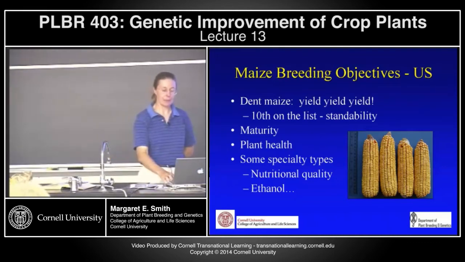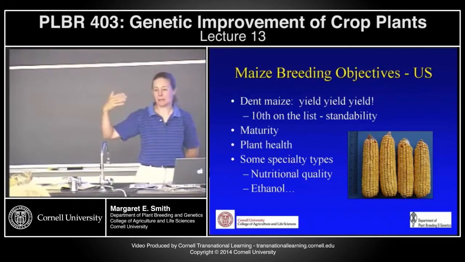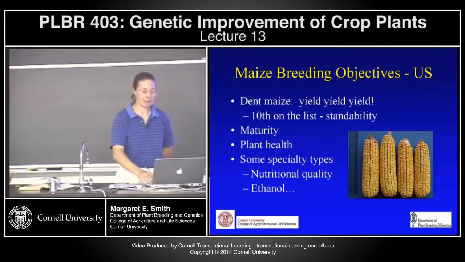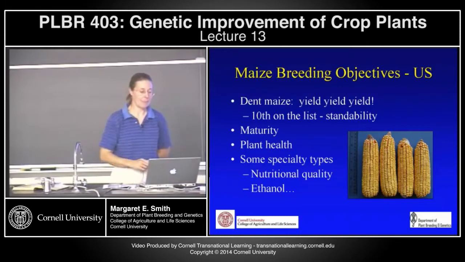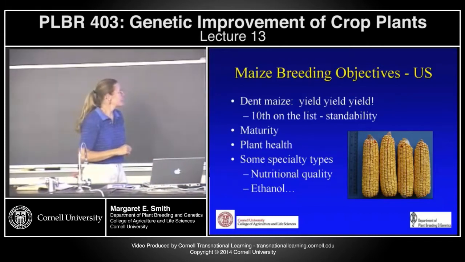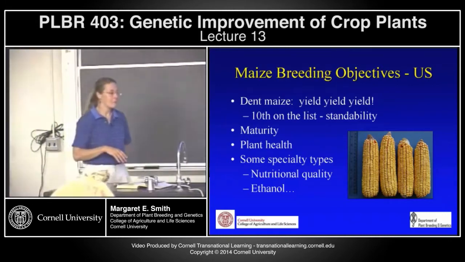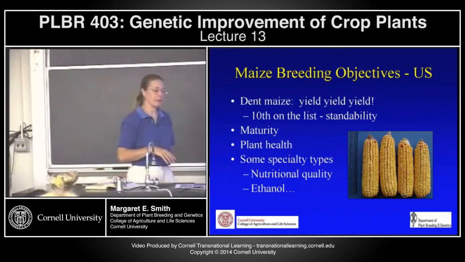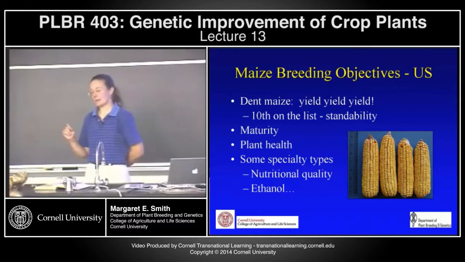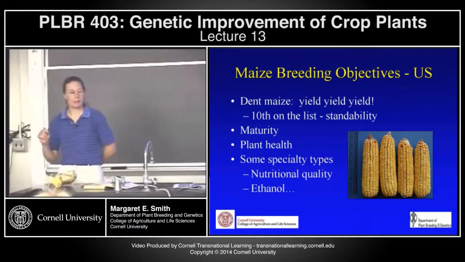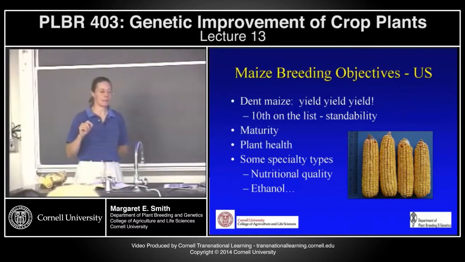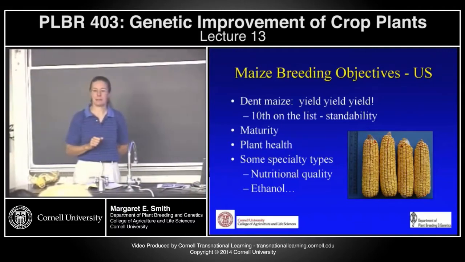This would not pertain only to the US, but I use the US because that's the focus of a part of my breeding effort as typical of temperate areas of the world. In the world of dent maize, dent corn as opposed to sweet corn or popcorn, basically the objectives are yield, yield, yield, and yield. I had a breeder from the private sector tell me, okay, the 10 most important objectives in maize breeding, 9 of them are yield,